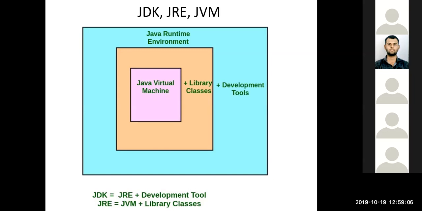When you develop a particular code, you need to have a development environment, a development kit, a set of tools which are required to develop your code. And if those tools are not available, you won't be able to. So Java comes with a set of those tools